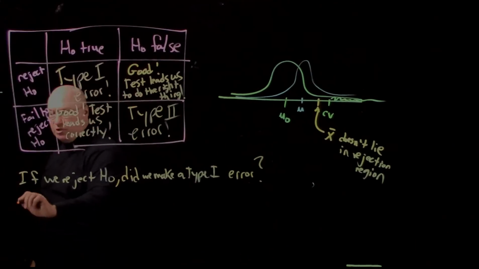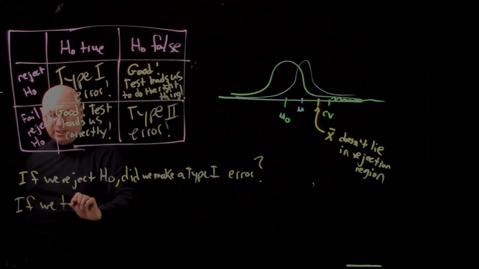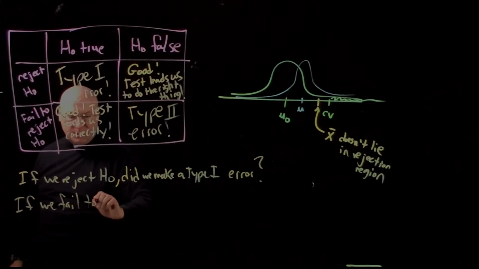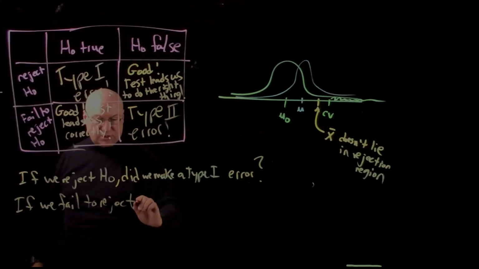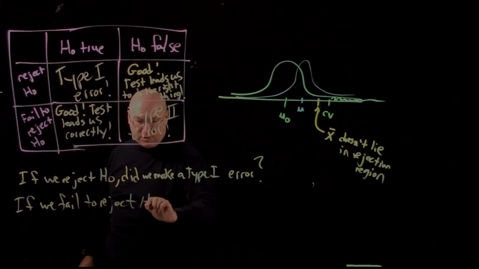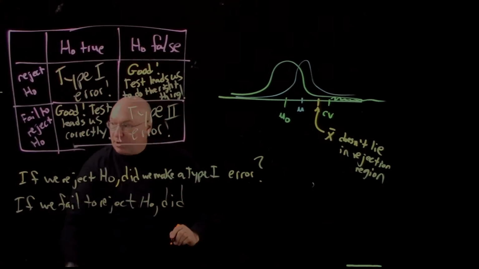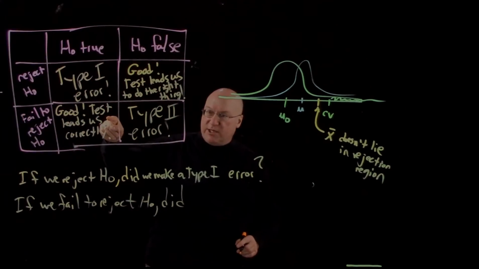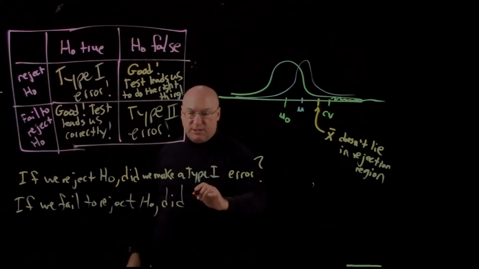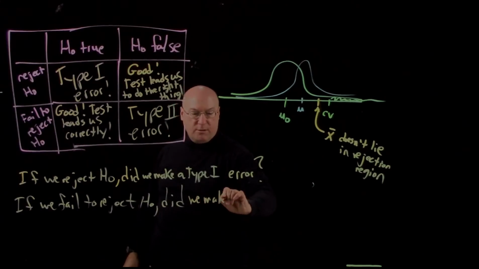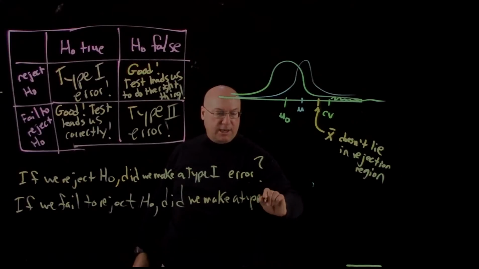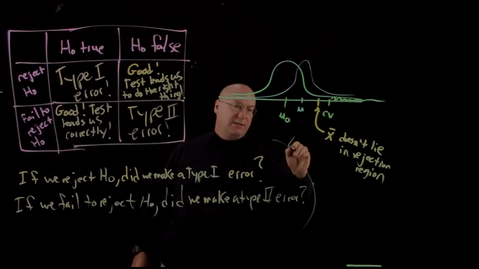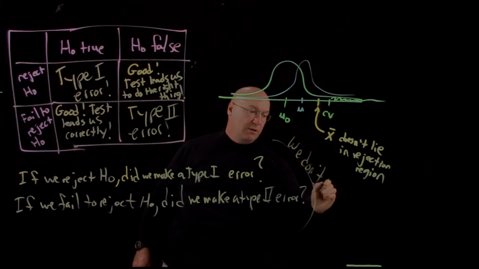Well, what if we fail to reject? If we fail to reject because our test statistic is not so extreme, then what could happen? Well, look, we're down here, we failed to reject. Is this a good thing? Did our test lead us to do the right thing, or did we make a type 2 error? The answer is, in either case, we don't know,